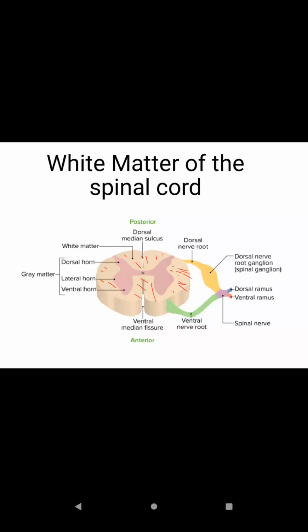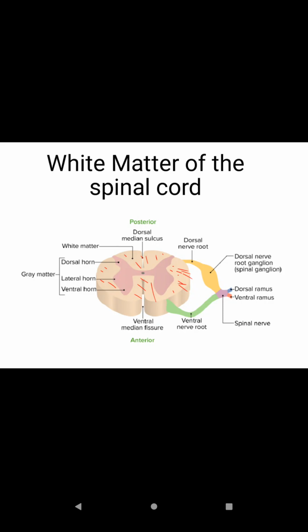Today we'll be looking at the white matter of the spinal cord. From our previous videos, we learned that the white matter of the spinal cord arises from the marginal zone, which contains neurons. This can be found in the video where we treated the differential of the spinal cord. Now the white matter of the spinal cord are those areas surrounding the gray matter, and from our previous video we learned that the gray matter of the spinal cord is those